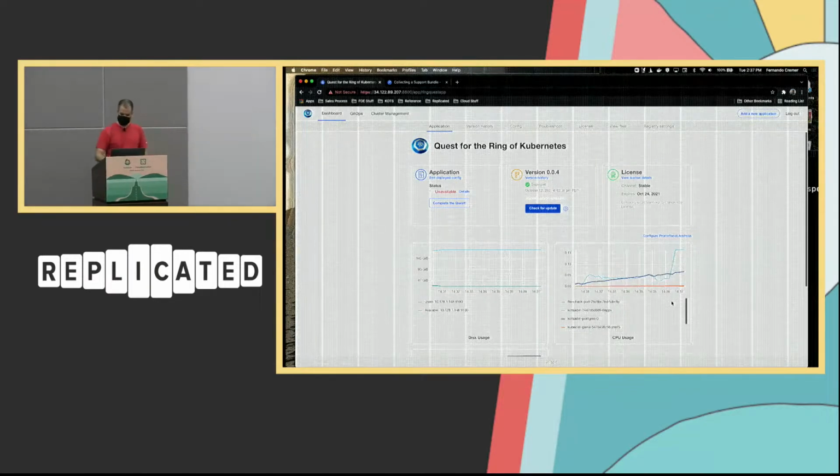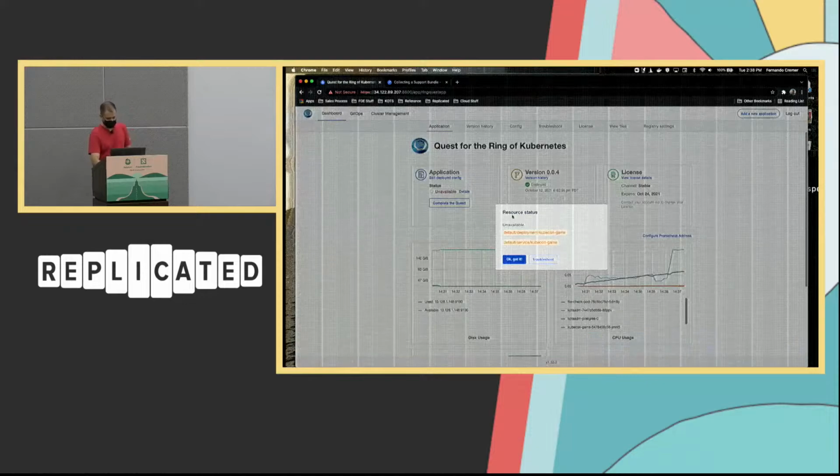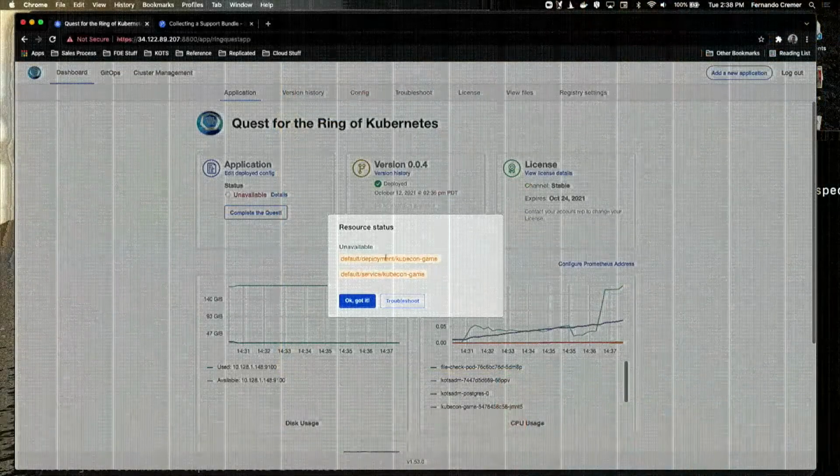Right now, it wasn't going to be this easy. So as we can see here, the application status is unavailable. It's deployed. What could be going on? If we look at details, we can see that we have a service and a deployment that are not